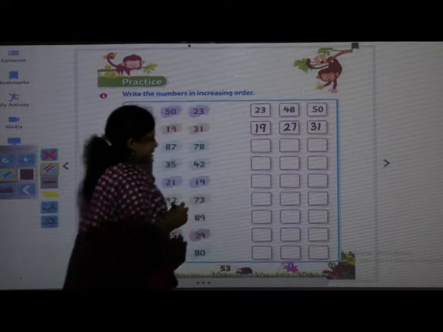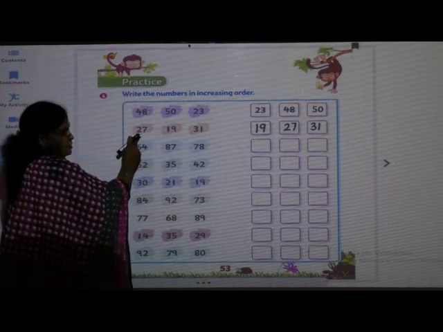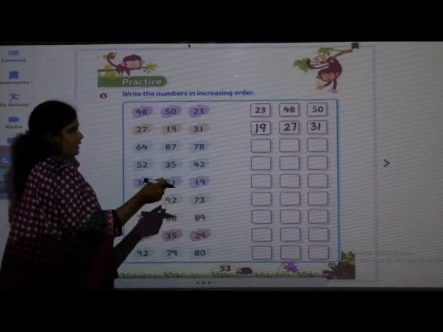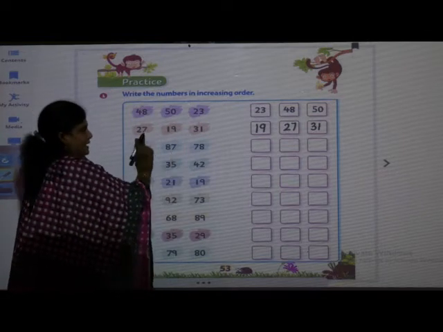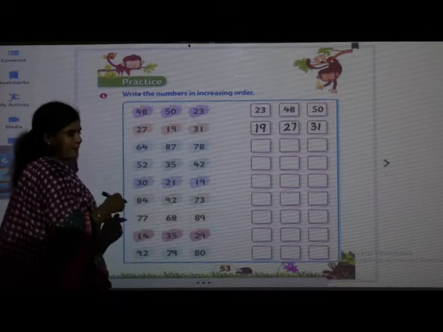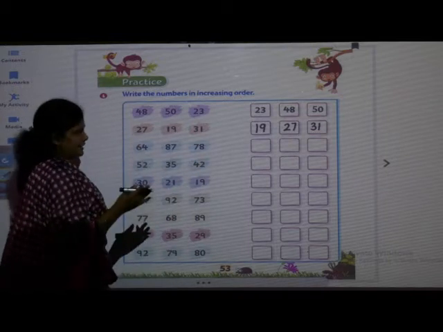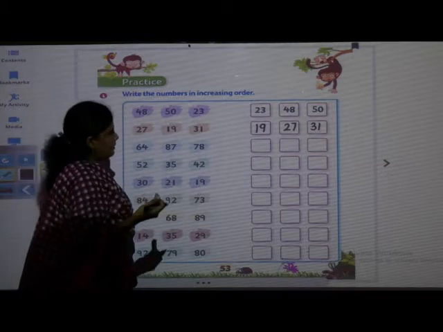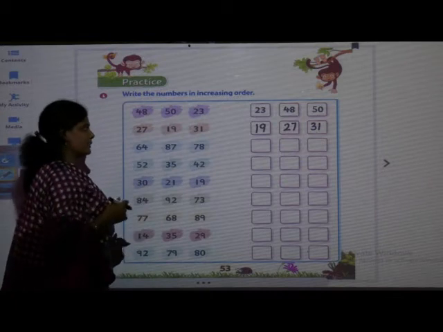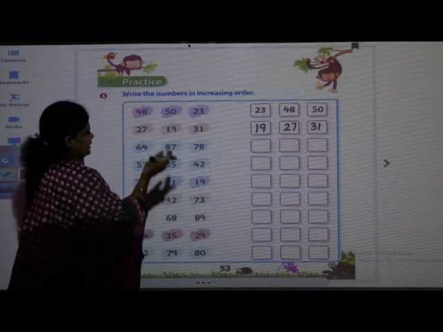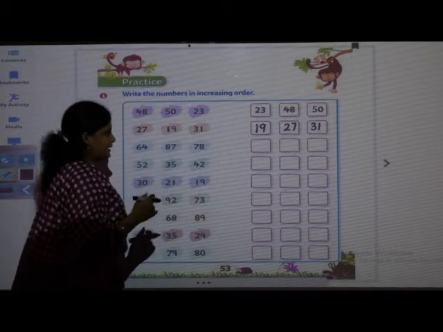Here we can see that after 19, which is the bigger number, that also we can see and write. Or after writing one number, there are remaining two numbers. From that, which is the smaller number, that also we can see and write. Means in both ways you can write it. Somebody can write properly by seeing which is the bigger number after 19. Somebody can remember, in these remaining two numbers, which is the smaller, and in this way we can write that.